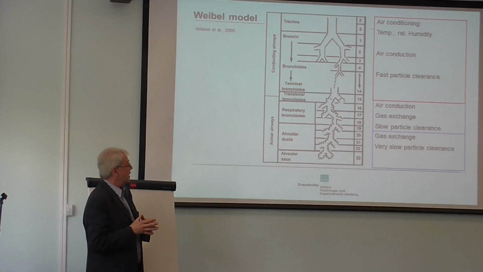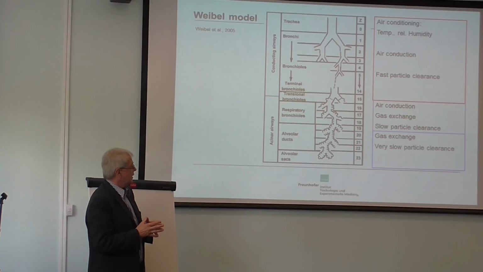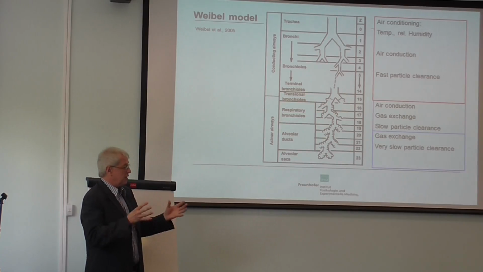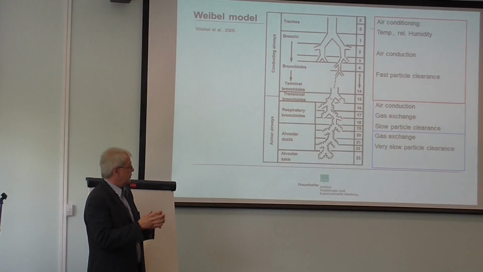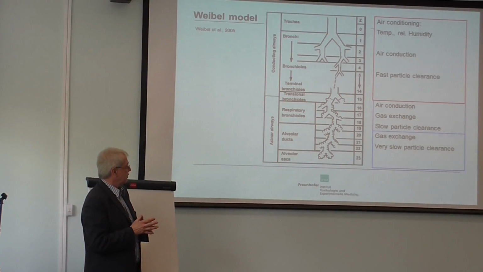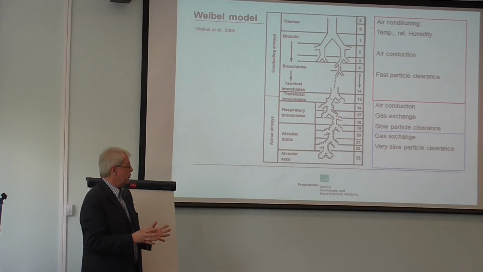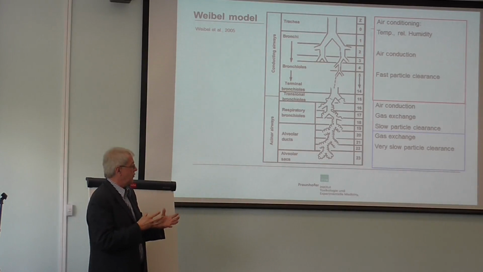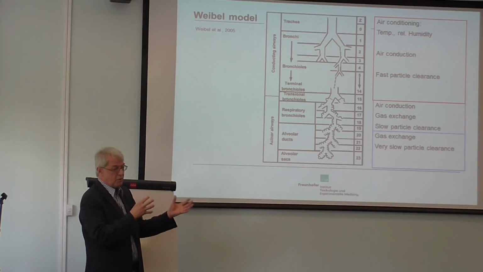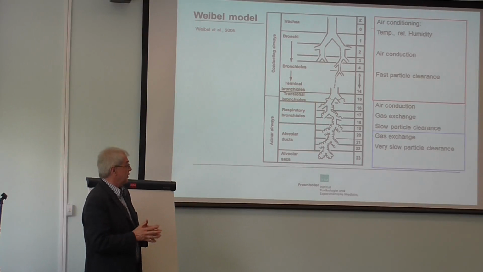So the upper airways just conduct the air to the lower airways. And then when the bifurcations become final, gas exchange starts already, due to diffusional processes, and at the very end of the lung we do not have any deterministic flow anymore, but we only have diffusion as the mode of action of exchange of gas. So oxygen goes in, CO2 goes out.